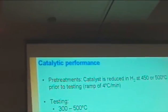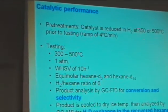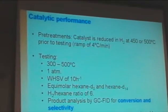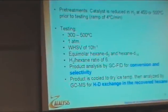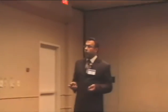To check the catalyst performance for the hexane dehydrocyclization, we reduce the catalyst at 450 or 500 degrees, based on the temperature at which we test the hexane dehydrocyclization. We also test at 300 degrees, but before 300 degrees, we also reduce at 450 in order to be sure that the catalyst is reduced. These are the testing conditions, from 300 to 500 degrees, atmospheric pressure, with a weight hourly space velocity close to 10. We use a hydrogen to hexane ratio of 6,